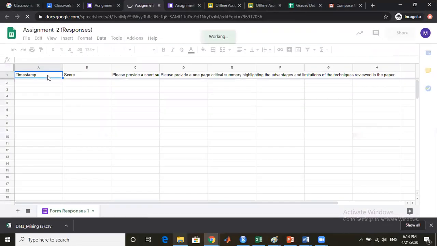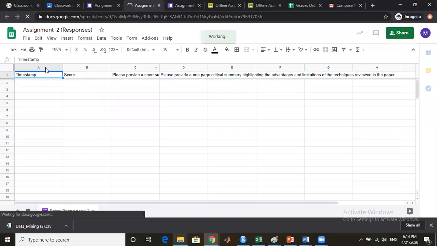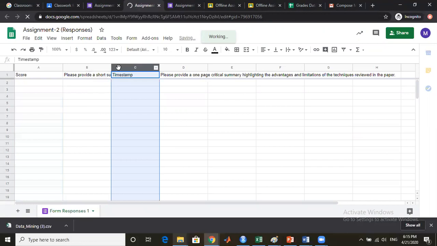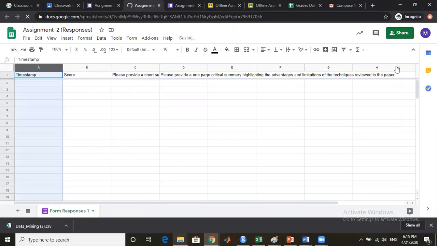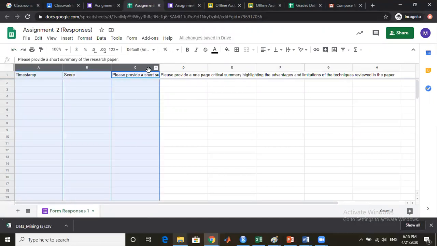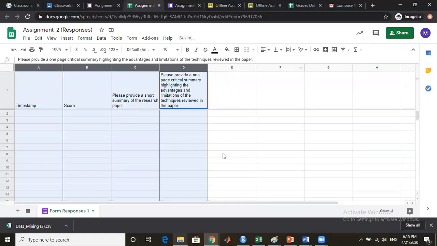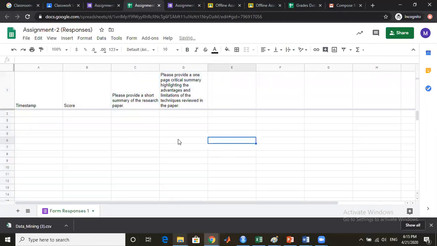Now here I will select the columns and I will wrap the text for a better look and feel of the Google Sheet.